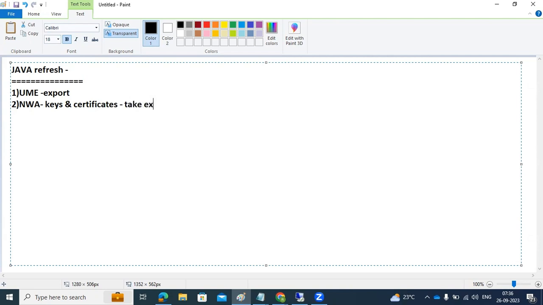Take export of all the PSCs, all the folders. Normally we will call them the PSCs. Take the export of all the PSCs, all the views. The Java level views, take the export of all the views here. Once you've done all those things, then take the screen capture of